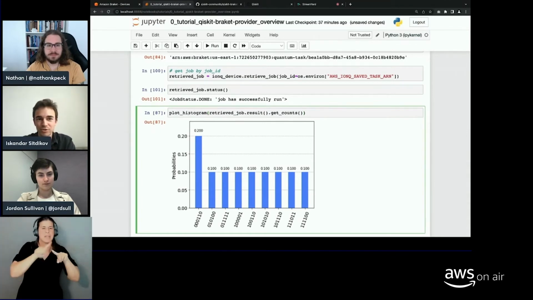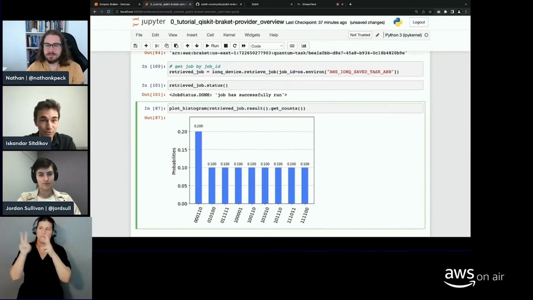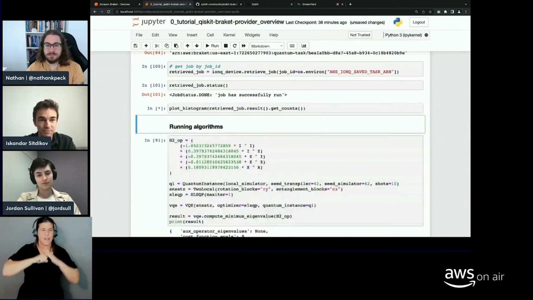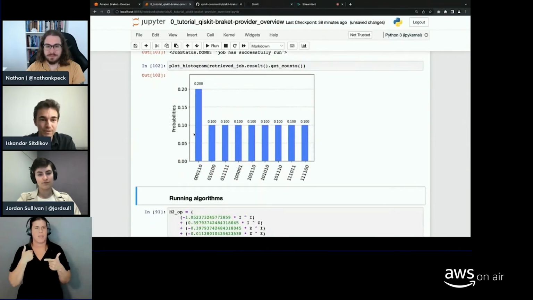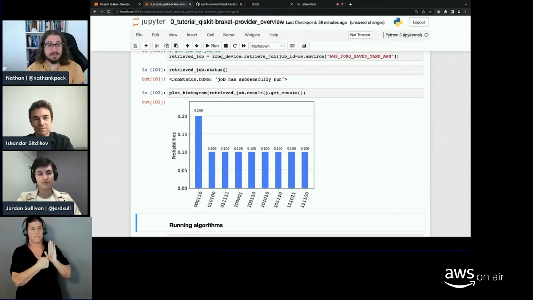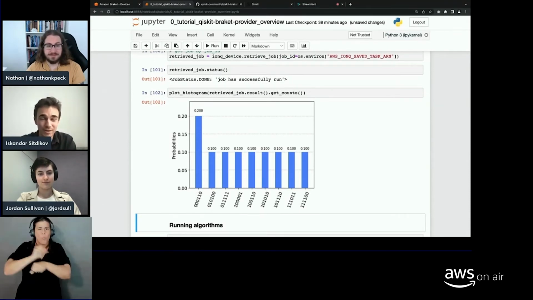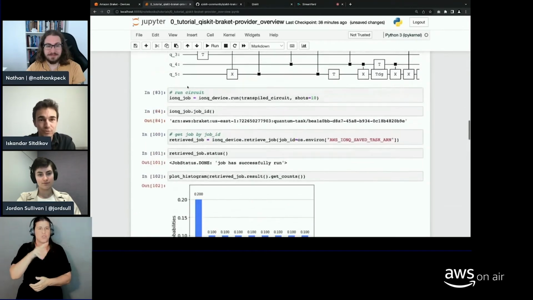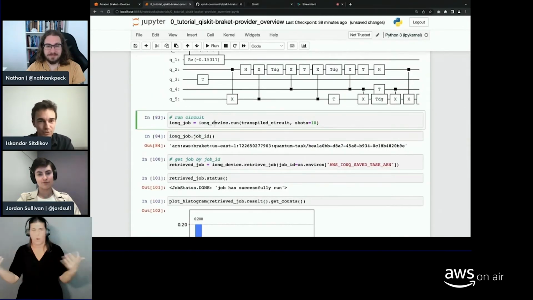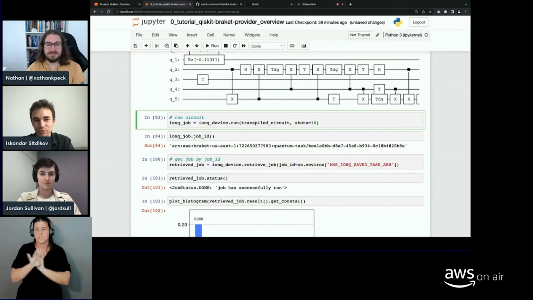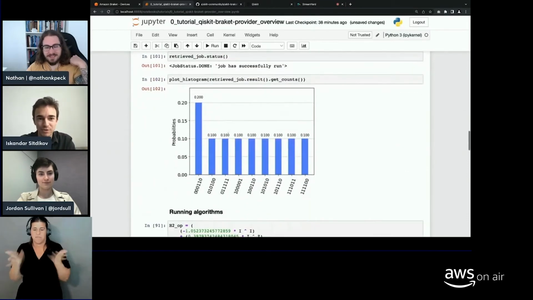So we just call plot histogram on the results of the execution of the job, and we get our plot back. So this is a short walkthrough on how to run a circuit against hardware. Again, you select your device, you transpile your circuit, compiling it for this specific device, and you run it against it. That's pretty much it.